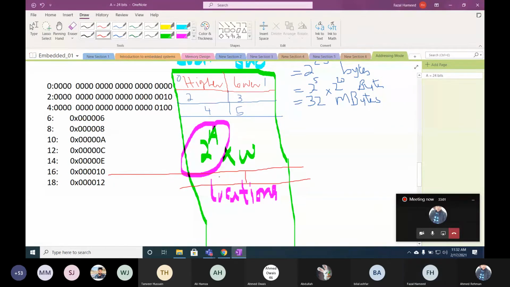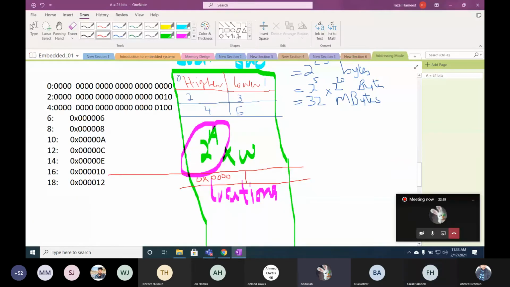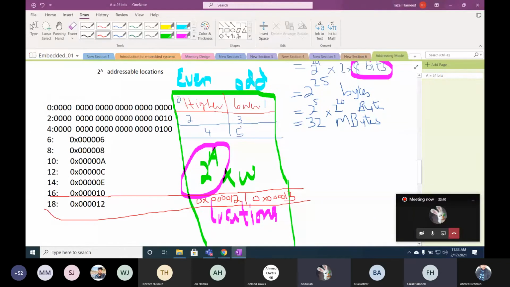जी बताइए बेटा, आवाज नहीं आ रही. बेटा, आवाज नहीं आ रही. जी सर. जी. Abdullah, what will be this address? जी सर. What will be this address for 1 2? Sir. 1 2, and the right hand side will be 1 3. Actually, each address has an odd address and an even address.